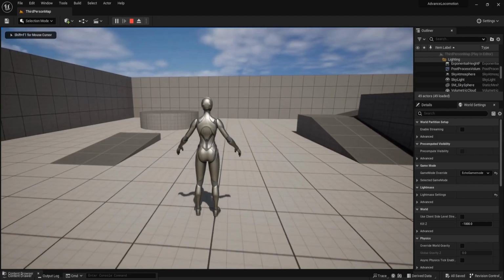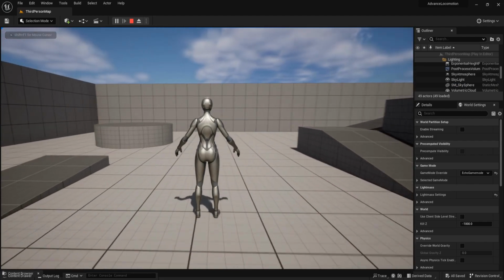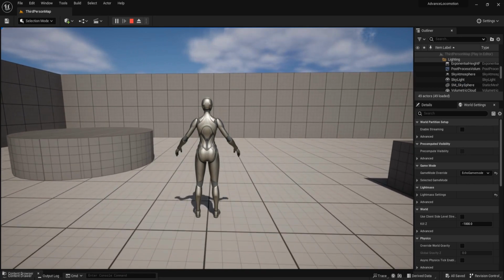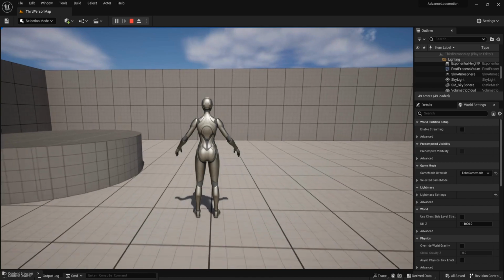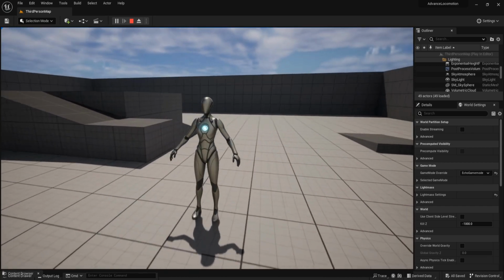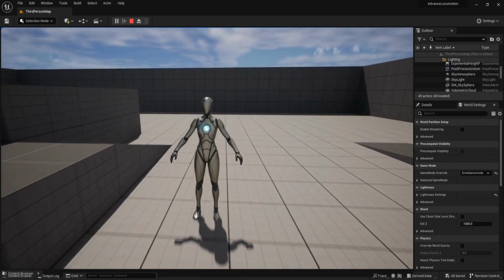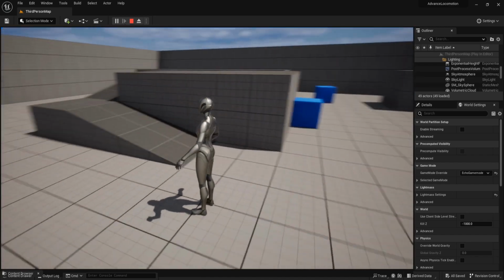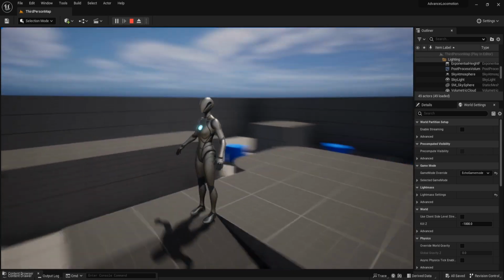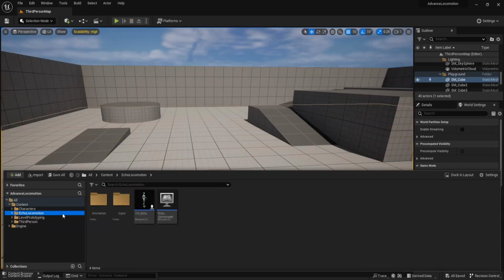Hello everyone, in this tutorial, I will create all the functions that are necessary for the animation blueprint. And we're not yet working on the state machine because it might confuse you. So we only create all these variables and use them later in the next tutorial. First, go to Echo Locomotion